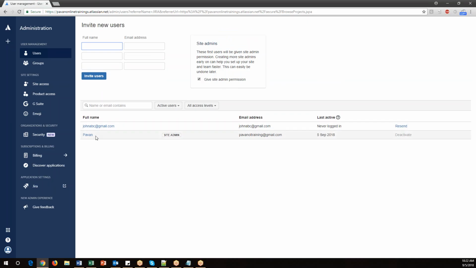Now we can observe there are two users already there, and their email addresses and their information is already there. Suppose you want to add a new user, then I can just add some name here, let's say XYZ, and some dummy email ID, giving the full name and email address. You can also add other users in the text boxes, and then just click